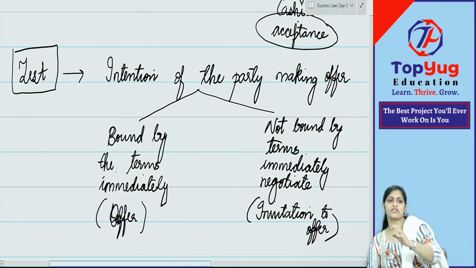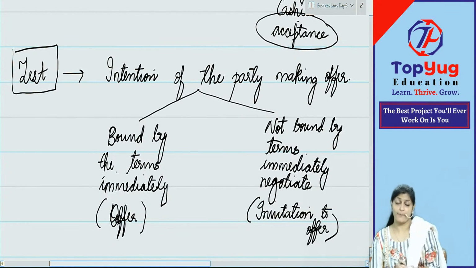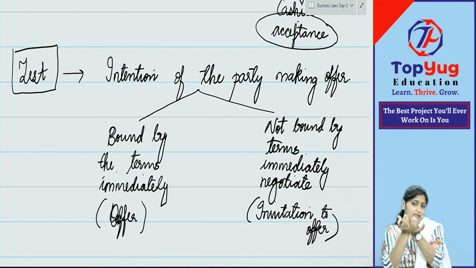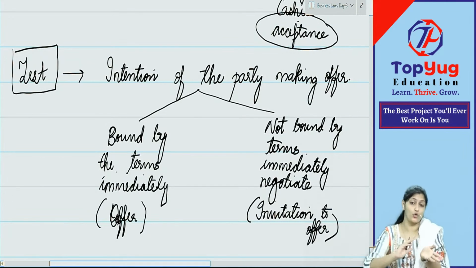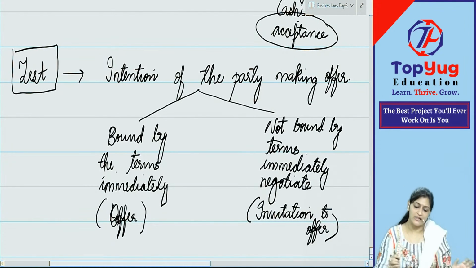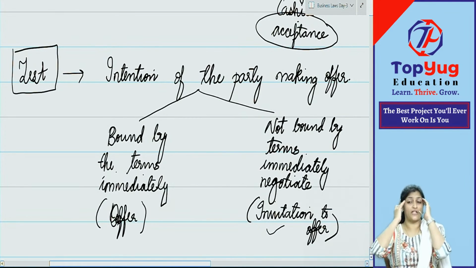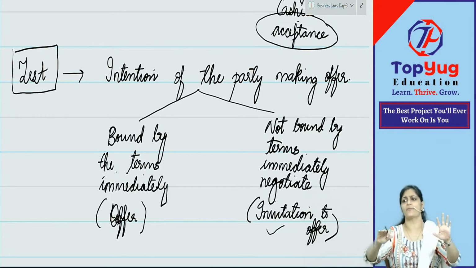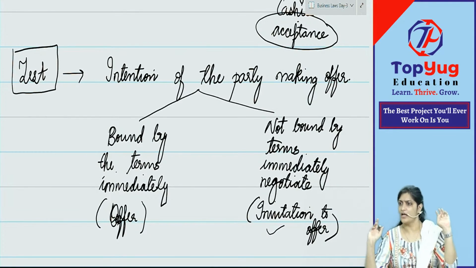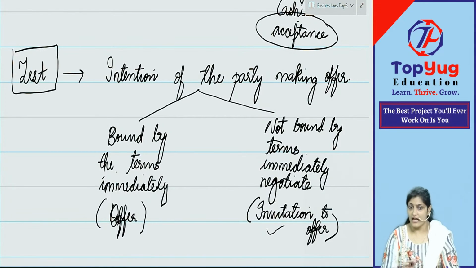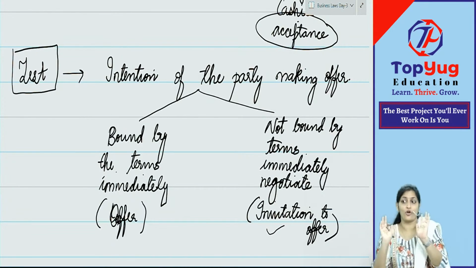If I am telling you my wish, but my intention is that whatever this person says, I will think over it again, I will think whether to do it or not, then it is only an invitation to offer. But when your intention is that if this person says, oh yes, done, I will sell my car, I will sell my house, I will sell whatever goods I have, then it is an offer. When your intention is that no, I will not do it immediately,